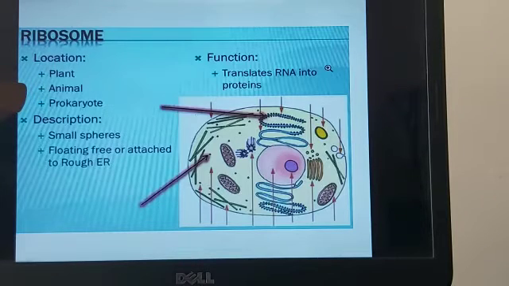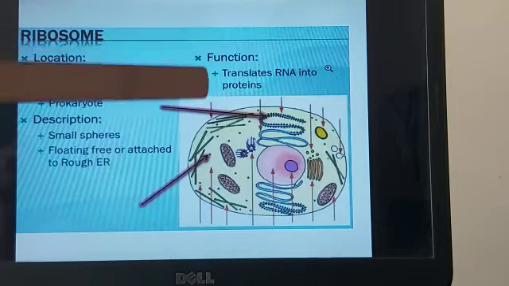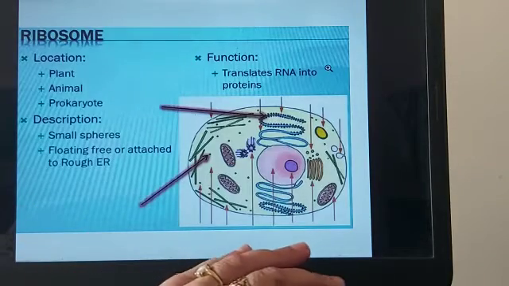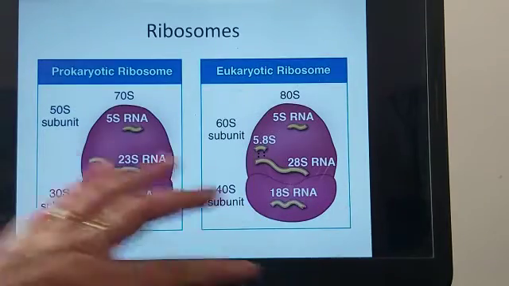Remember, in prokaryotes, the three organelles that we have seen, that is mitochondria, nucleus, and chloroplast, are not present, but ribosomes are present in prokaryotes. Then you can understand the importance of the structure. Now, the function of ribosome is that it is useful in the process of protein synthesis. How exactly this takes place, we will study in some other class.